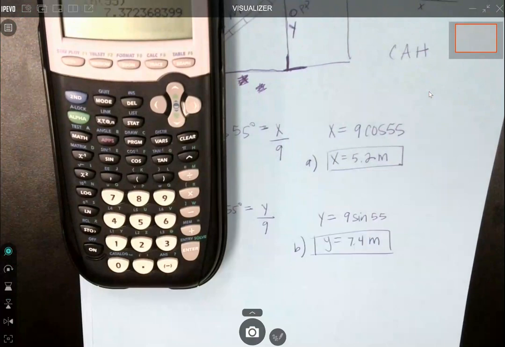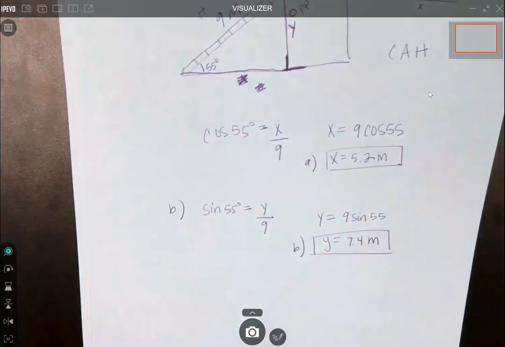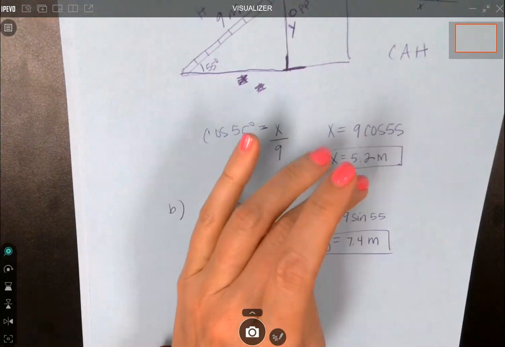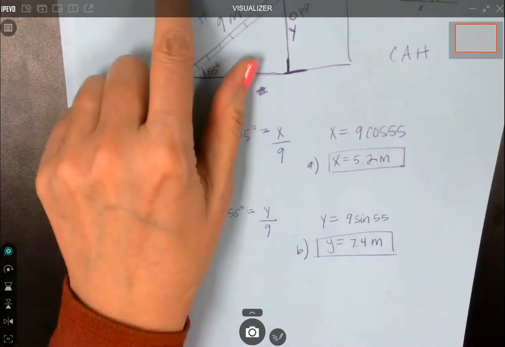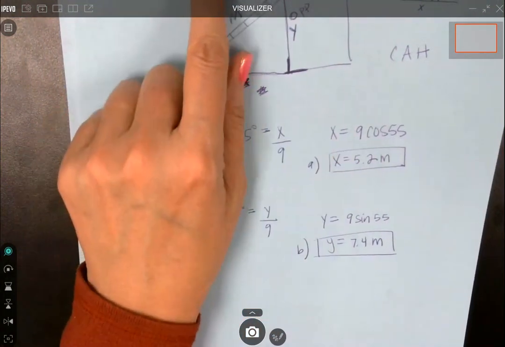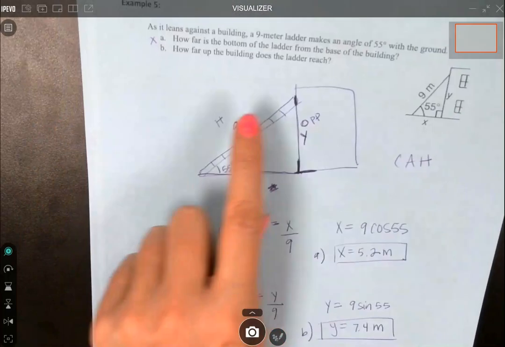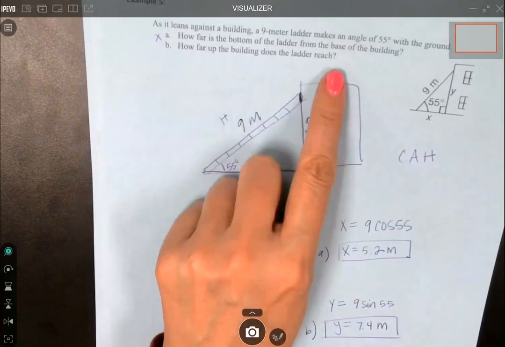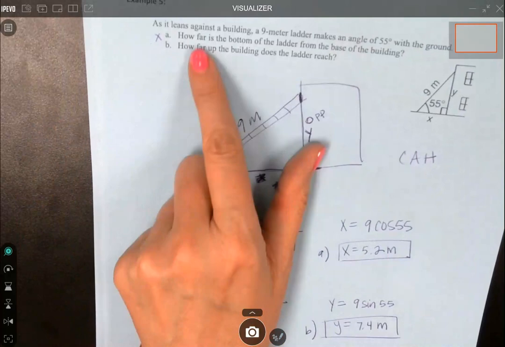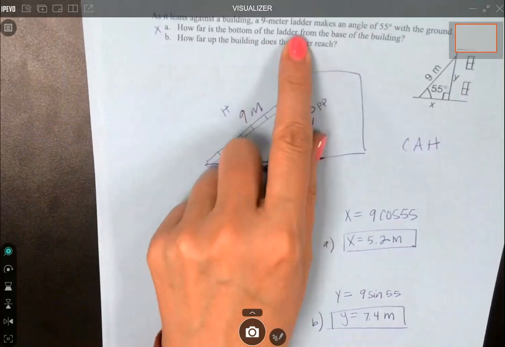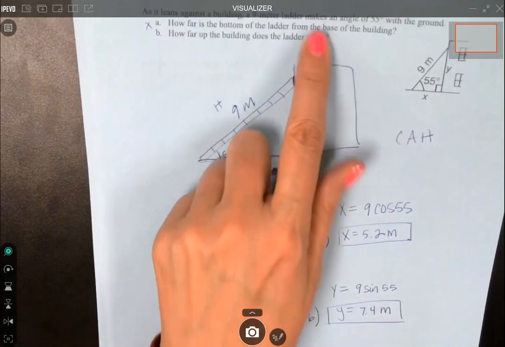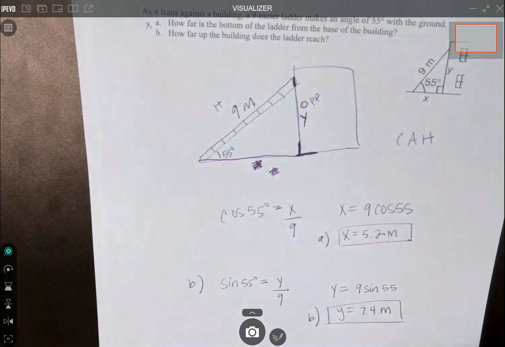That's part B. So when you do these story problems, you want to make sure it makes sense in real life, right? You're not going to have a negative distance in real life. So you want to just kind of put back into the problem and say the ladder reaches 7.4 meters up the building. That would make sense. Or the bottom of the ladder is 5.2 meters from the base of the building. That makes sense. If I got a negative number, I would know I probably entered